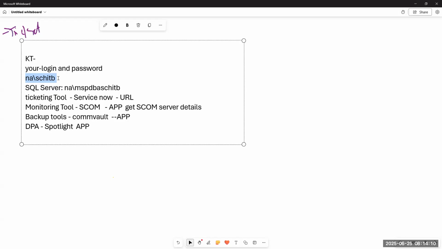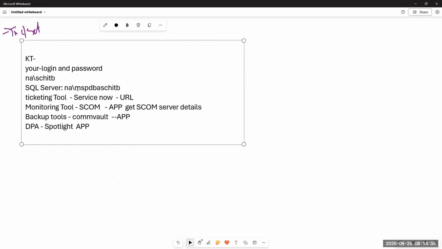To connect to the SQL servers, we used a different login. So please be careful. Sometimes you will use the same login to connect to everything, and sometimes we may use different logins. So what is your login, what are your passwords? Everything you need to make a clear note. And when it will expire is also very important. Make a note of your password expiry policy.